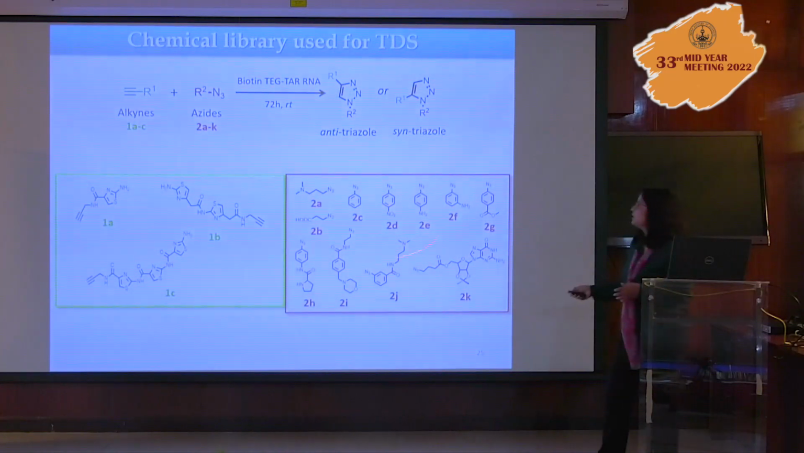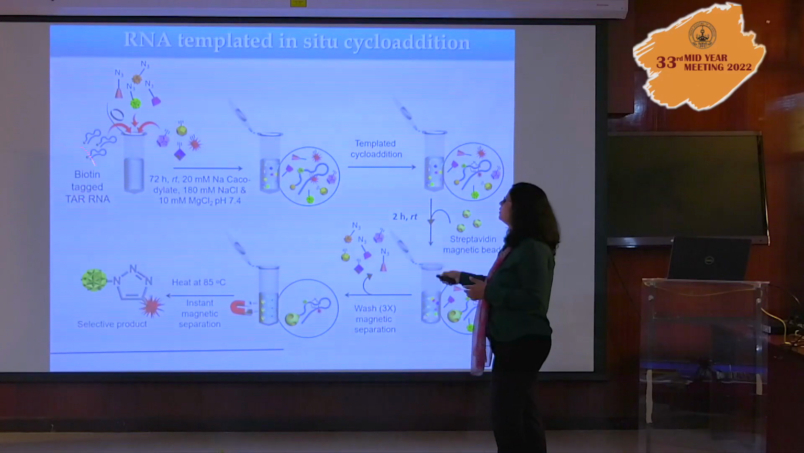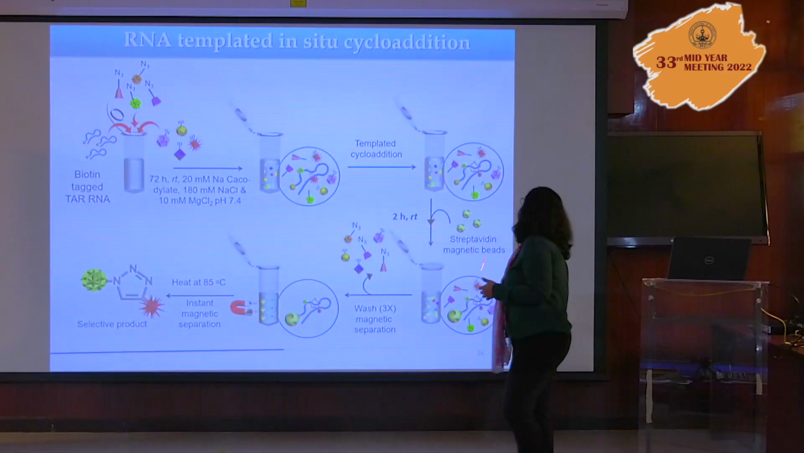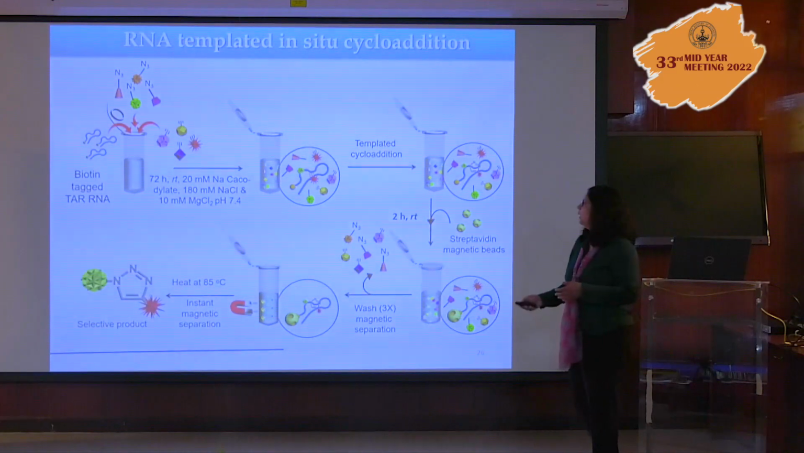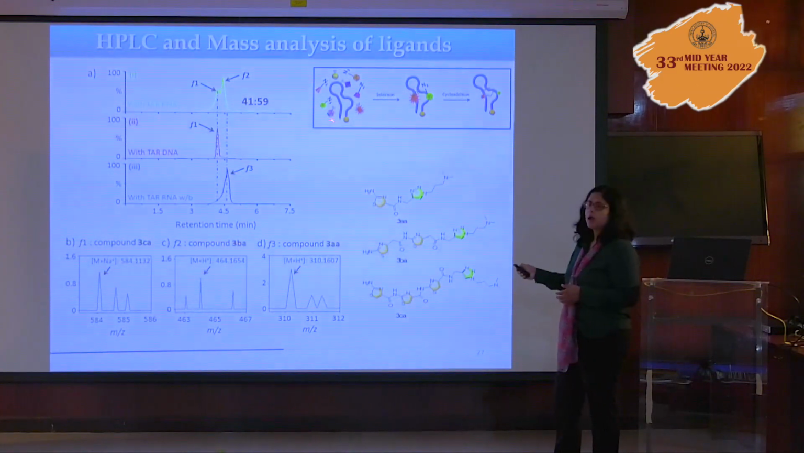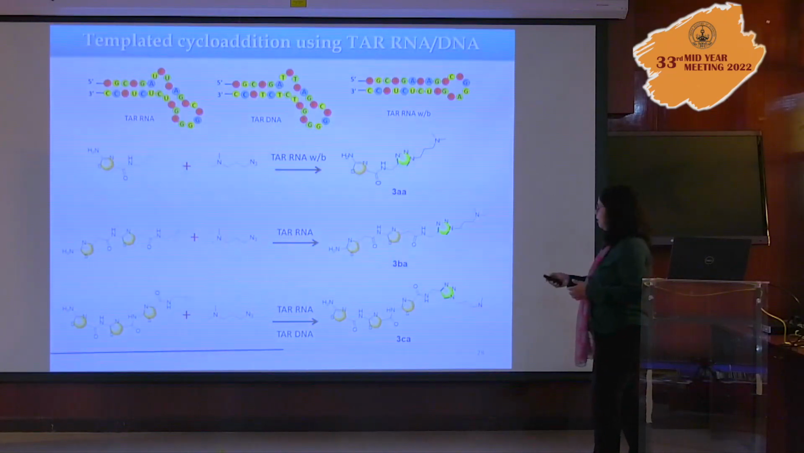So, we have synthesized a mixture of compounds, and then in this case the reaction is essentially the same: fragments with the biomolecular target and a buffer that is suitable for the biomolecule to be stable. And in this case we have used biotin TAR RNA and used streptavidin based magnetic beads to isolate the RNA as well as the newly formed ligands. So, by using HPLC and mass we could identify 3 different lead compounds, and one of them is selective for